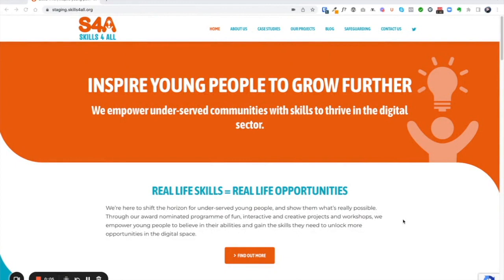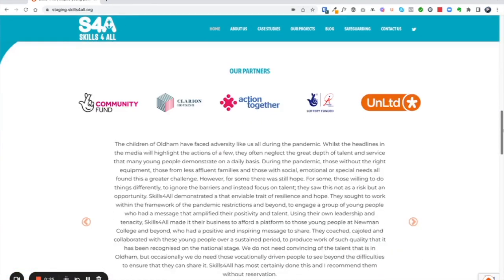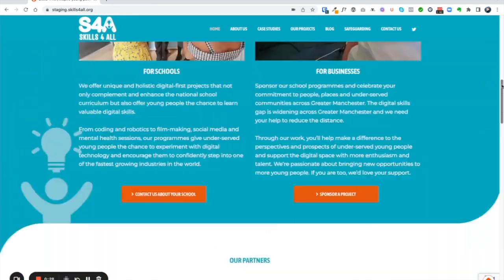I wanted to show you a little CSS trick that I'd learned for styling up blog category links in WordPress. I recently added a blog to this Skills for All website, and you'll see from looking at just the general shape of things with the logo and such like that, it's a lot of curves. So when I've laid the design out, I've made sure that those curves are echoed through the site. So when I added the blog,